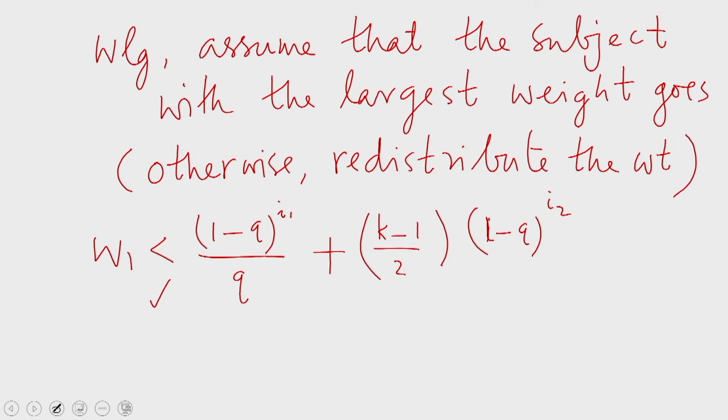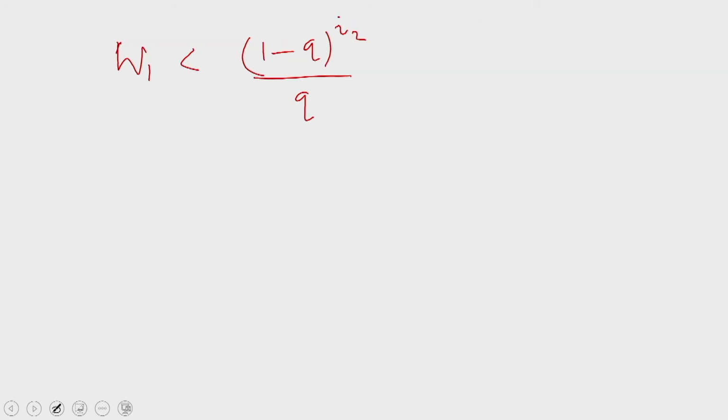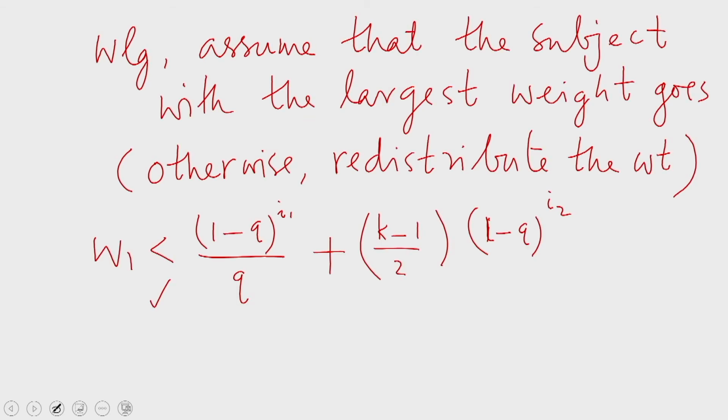The first term is (1 minus q power I1) by q, but since I1 is greater than I2, (1 minus q power I2) by q is larger than this. So, I am replacing the first term with a larger quantity, and in the second term, if we replace (k minus 1) by 2 with k by 2,